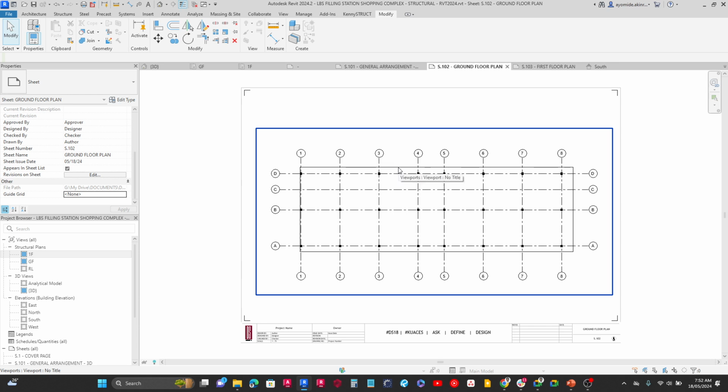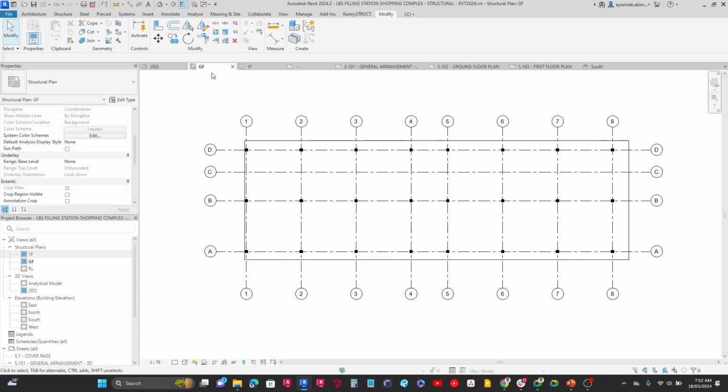Now we want to add dimension lines. So to add dimension lines, I'm just going to go here to my ground floor plan. A good way to add dimension lines is at areas where we will need them. So for instance, we need them at the side, we need them at the top, and we need the full length as well. To use the dimension command, I can come here to the annotate tab,